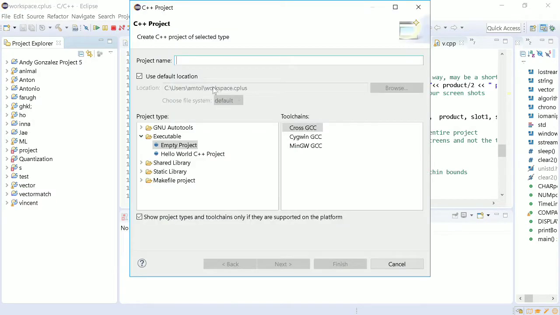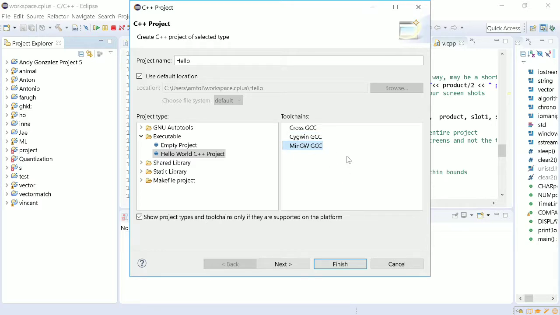Now you have two options. As a default, we have one program here, a Hello World program for C++ project. So let's see what this is. You should give it any name, for example hello, and then you should